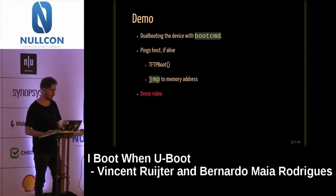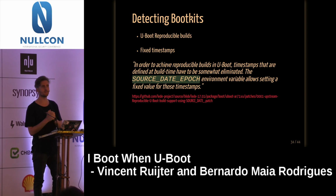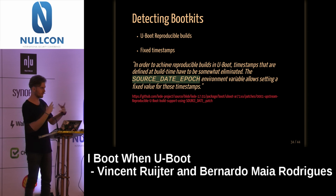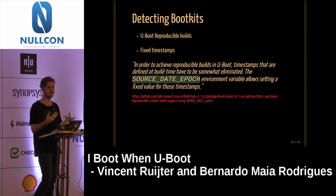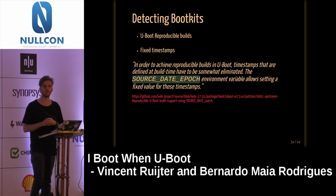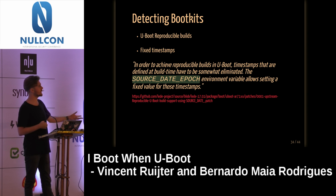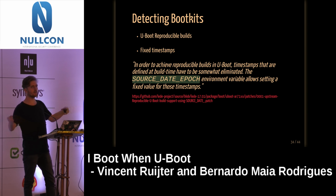So what can you do to prevent these type of attacks? Well, one of the things that they did is, I think, Debian is one distribution that actually started with reproducible builds or doing it at scale, so that you can create a reproducible U-boot image. So by, for instance, using compile flags like SOURCE_DATE_EPOCH, you can create a compiled U-boot image,